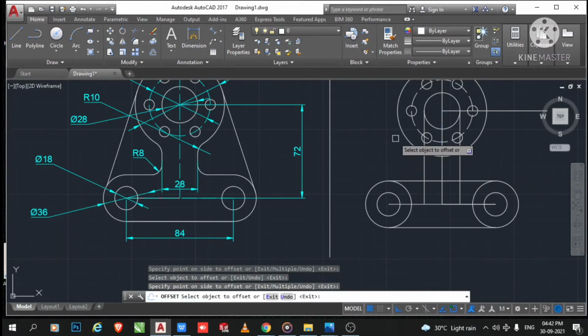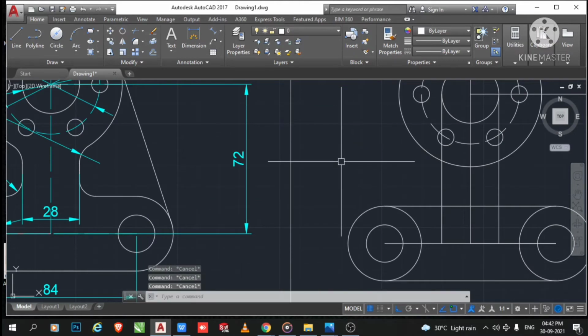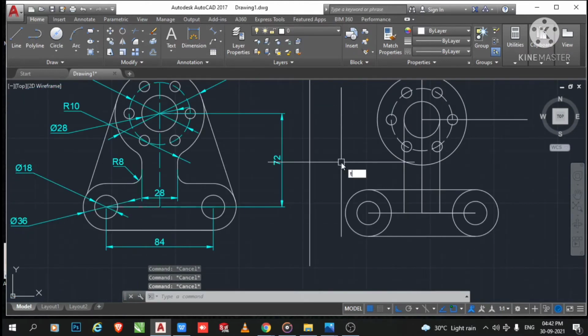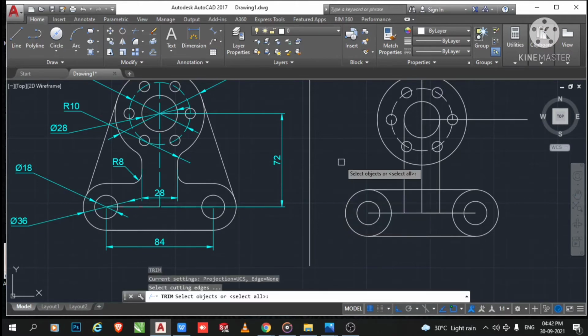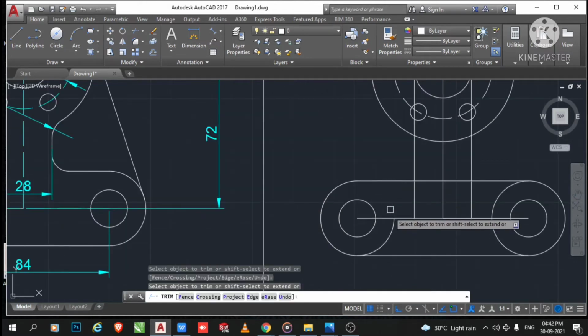So here we create the offset and do one thing, make the trim here. So go to the trim command, so go to your keyboard and type TR, enter and again select the enter. Here we can trim this line. So look, delete this one.